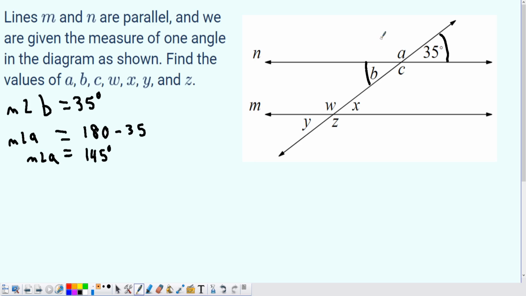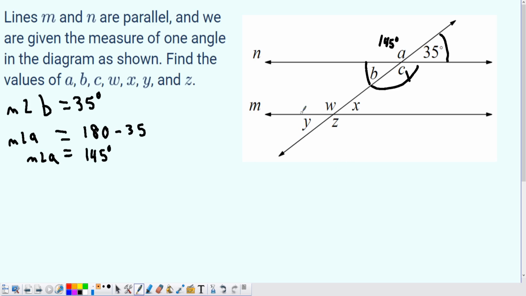And honestly, with those two alone, now that you know what the two pairs of angles are, all the rest is fairly simple. So C is going to be the exact same thing as A, and then you can kind of just transplant this first group, ABC, 35, into the second group,